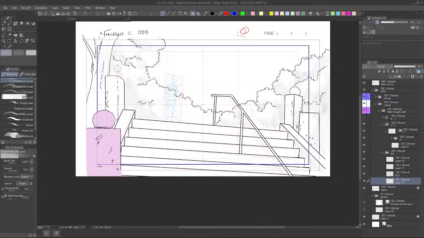So I'm using just a round brush to map out the shadows, okay? Right. So we're also going to have